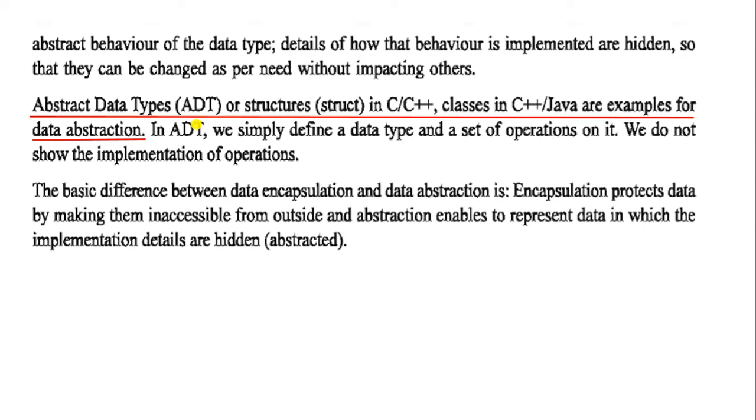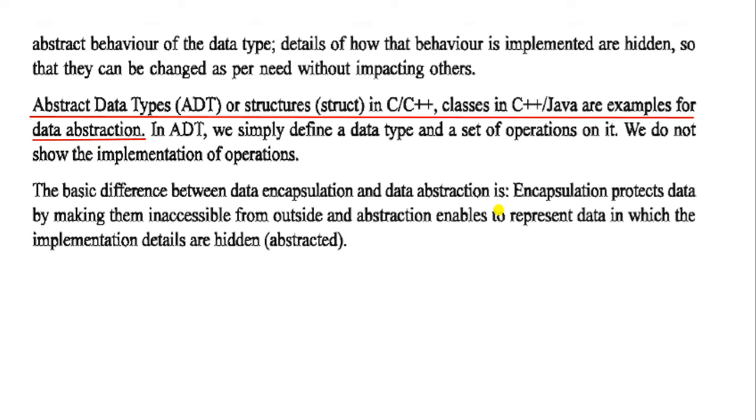The basic difference between data encapsulation and data abstraction is that encapsulation protects data by making it inaccessible from outside, and abstraction enables representing data in which implementation details are hidden.